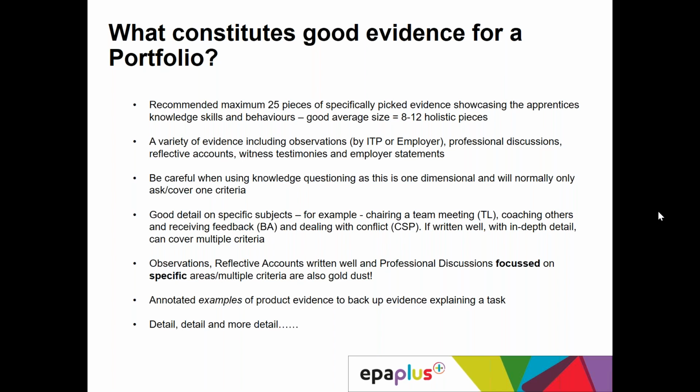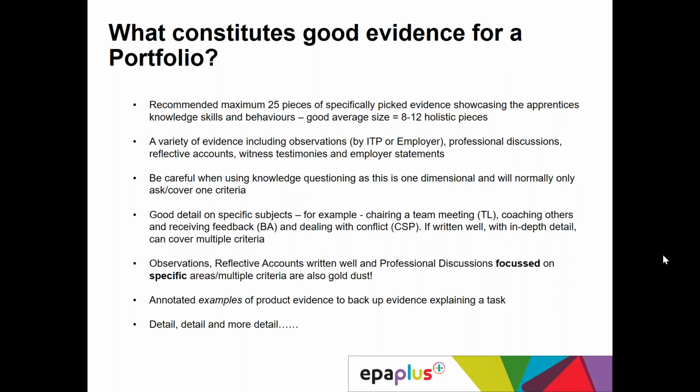Good detail on specific subjects. So, moving on to that holistic piece of evidence, we have well-written evidence on chairing a team meeting for team leader, coaching others and receiving feedback for business admin, dealing with conflict, customer service. If written really well, they can go into 4, 5, 6, 7 criteria at a really good level. So you don't necessarily need a piece of evidence on an appraisal and then more evidence to cover it. If that appraisal piece is written really well with some in-depth detail, then it can really go into other